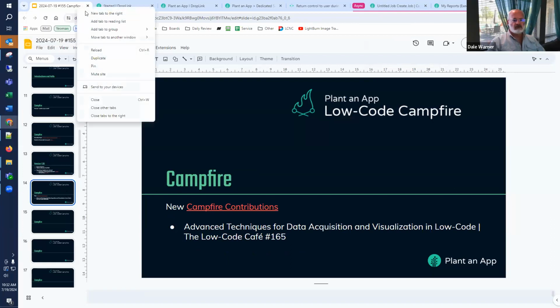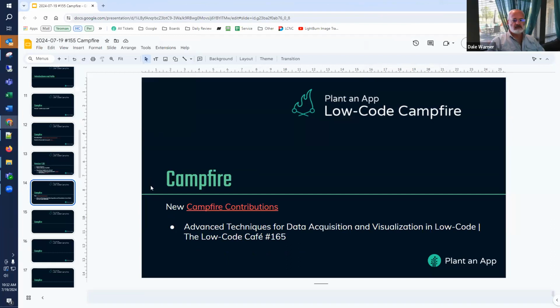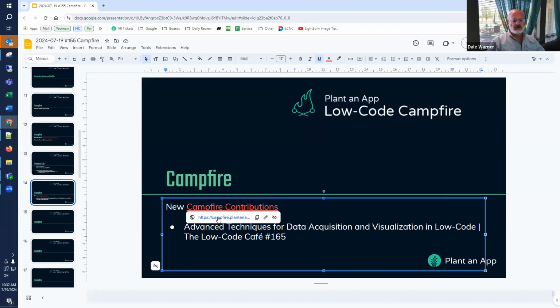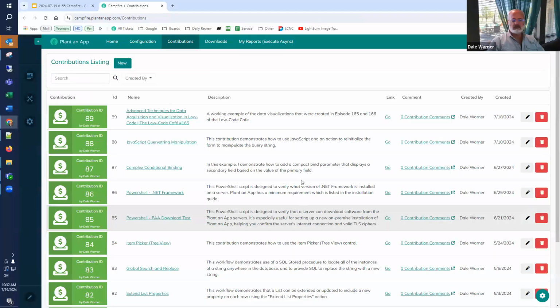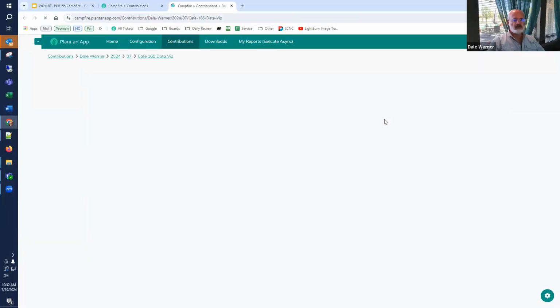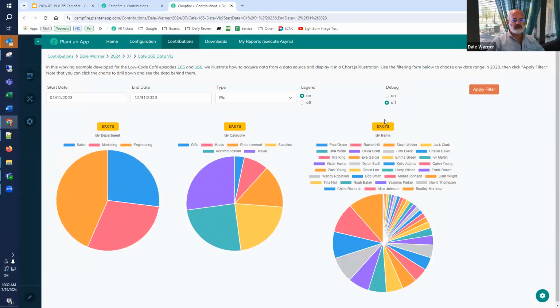Let's get rid of all this to the right so that I don't get confused. So we have the Campfire contributions, our shared community website of techniques and all. And I put the work that I did in Low Code Cafe out on Campfire in case anybody ever needs to use this pattern. That was all about getting the data to put into graphs or charts. This is ChartJS, and it's all here. Everything that I did on the interactive development I put here, and then maybe a few more things.